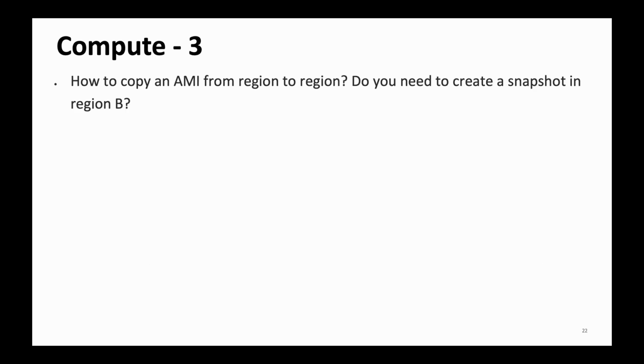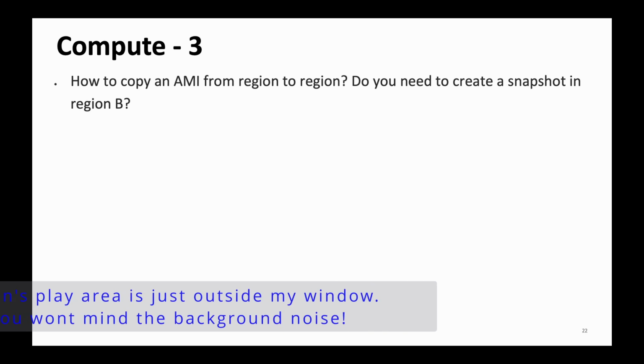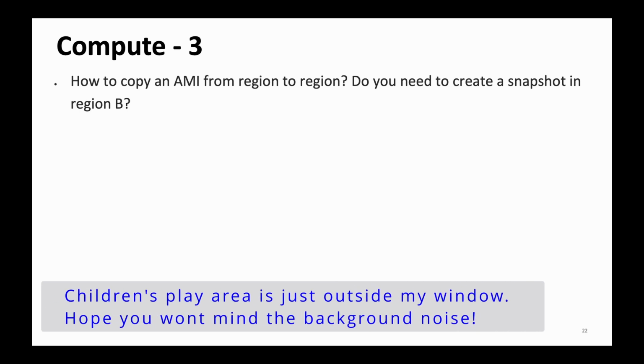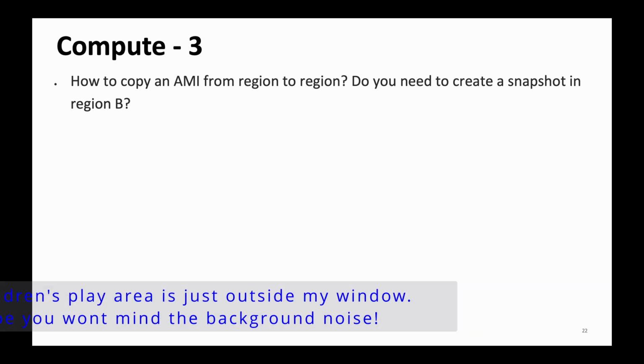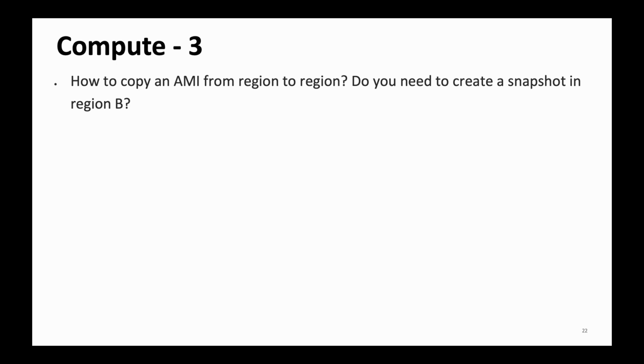Then we are continuing with the compute topics. How to copy an AMI from region to region. For example, an AMI which is valid in North Virginia region cannot be used directly in AP South 1. You need to basically copy that AMI using a process. So the question here is, do you need to create a snapshot in the second region? Again, just read about that process if you have to copy an AMI from one region